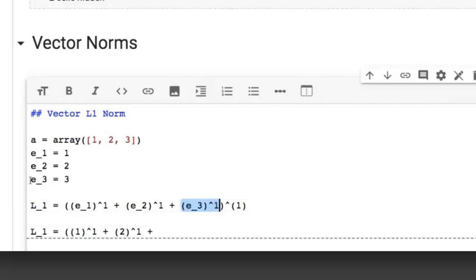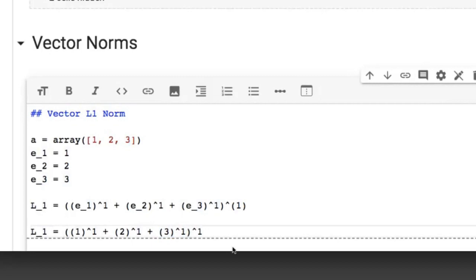E3 has value 3, so we have 3 raised to the power 1. So we have completed the summation of E1 raised to the power 1, E2 raised to the power 1, up to the last element. The last element of our vector is 3, so up to E3 raised to the power 1. And this is covered with